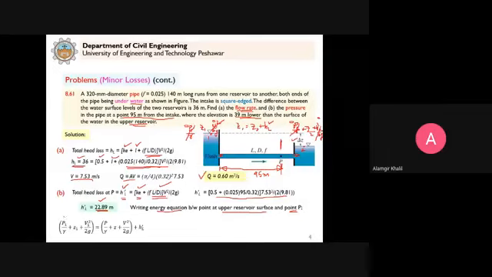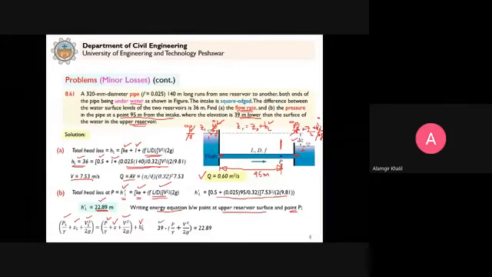So we have P1 by gamma plus Z1 plus V1 square by 2G. This will be equal to P by gamma, that is the pressure at point P, and Z, the elevation of that point, plus V square by 2G plus HL dash. This is the energy equation that you write down between the point in the first reservoir, or reservoir number 1, and point P. So now, when you simplify this equation, this is the delta Z,